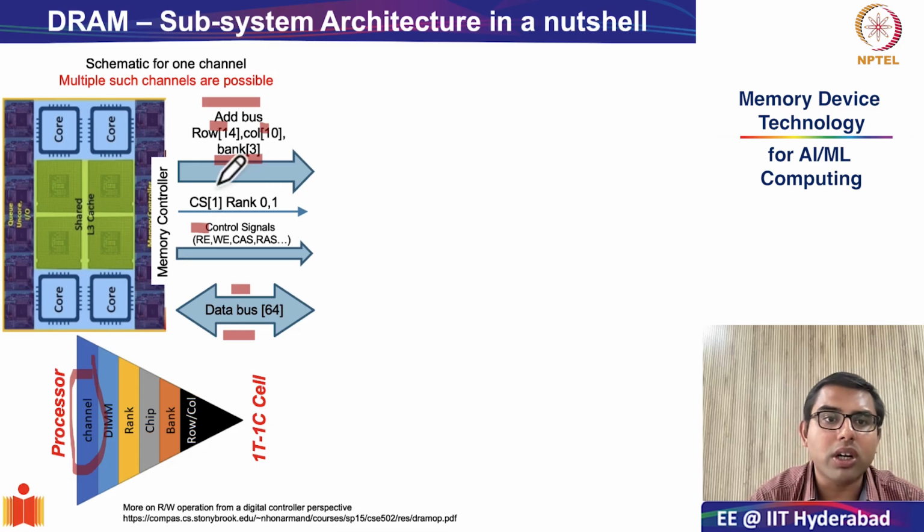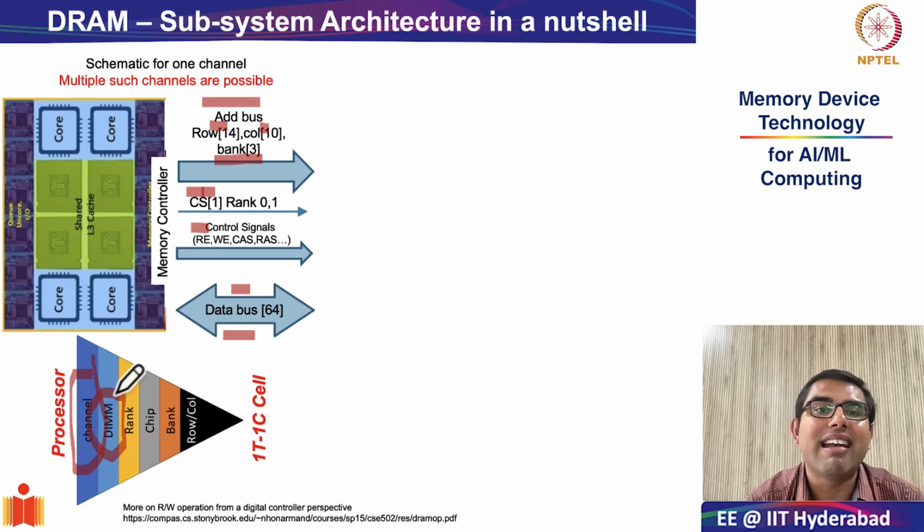The last important signal, which is just a 1-bit signal, is called chip select. So what is the chip select? It selects the rank, which rank, 0 or 1, you want the data to come out of, or into which you want to write data. And this brings us to the second important part of our hierarchy, which is the dual inline memory module.